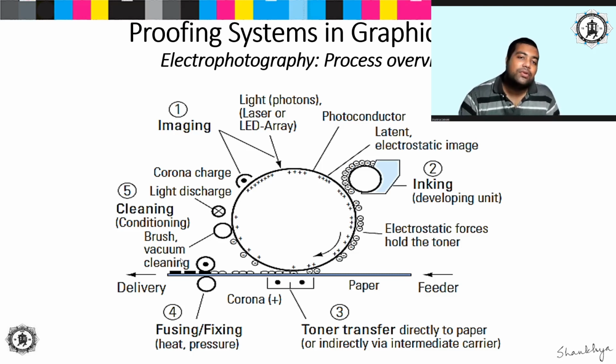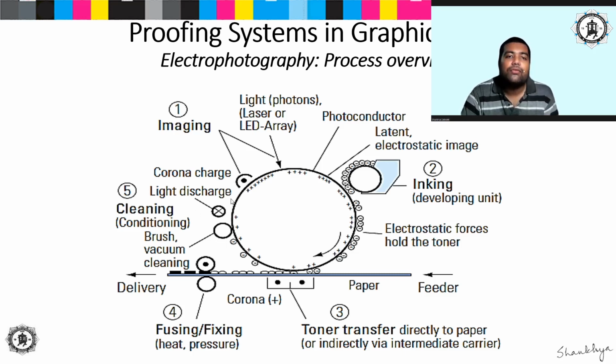Finally, just before coming out of the printing machine, the paper comes in contact with another fusing roller, which is basically having some heat and applying some pressure on the paper such that the toner particles coalesce and melt and form a thick layer on top of the paper, and ultimately the paper comes out. Now we come to another part where another light is being